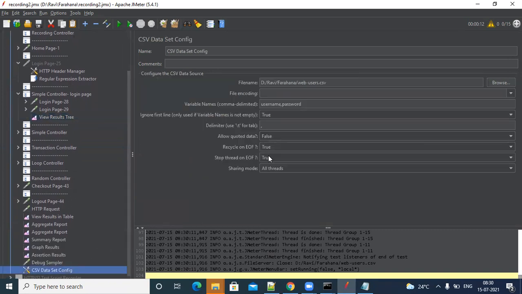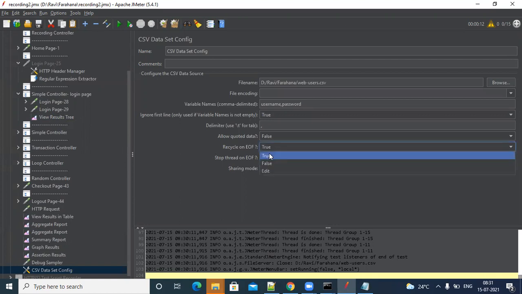Now what will happen if you give true, false? Obviously the same will happen. The data will be recycled and it will repeat it. Because whenever it is true here, at that time also the data is recycled. Whenever it is false, obviously the data will go to recycle only. Clear? Okay. Now let's see the other condition.